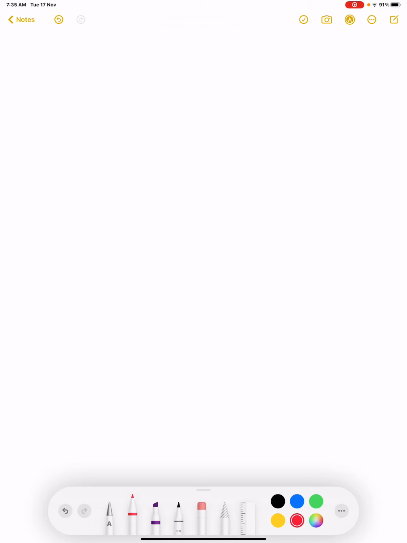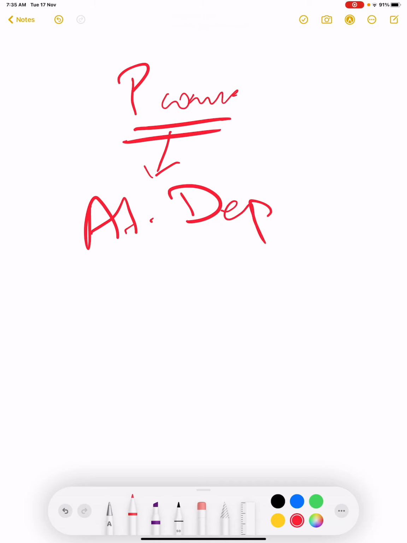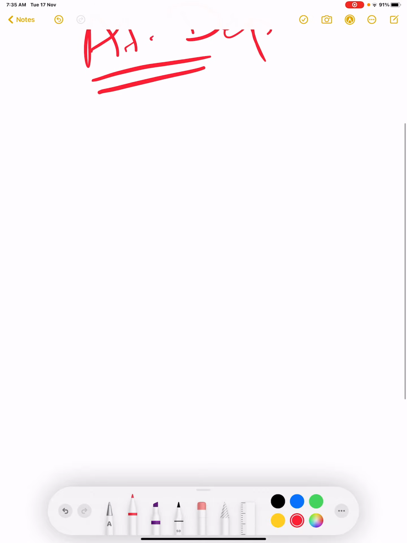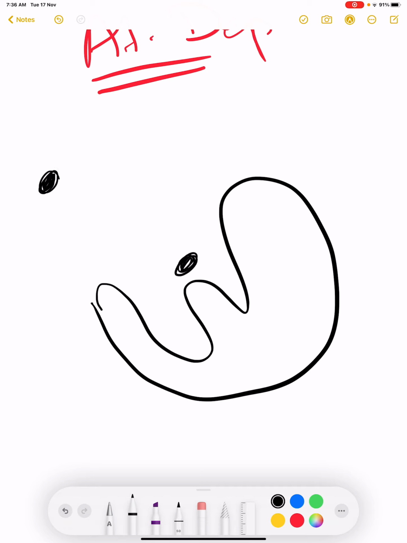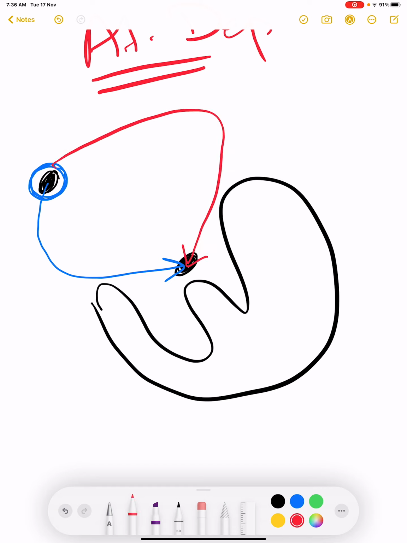So we know that our P wave basically represents atrial depolarization. So atrial depolarization is represented by the P wave in ECG. This is our heart, this is our SA node, this is our AV node. We know that the impulse is generated in the SA node and then it depolarizes both of the atria and reaches the AV node, and then there is AV nodal delay, and after that it passes further and depolarizes the ventricle and the septum.